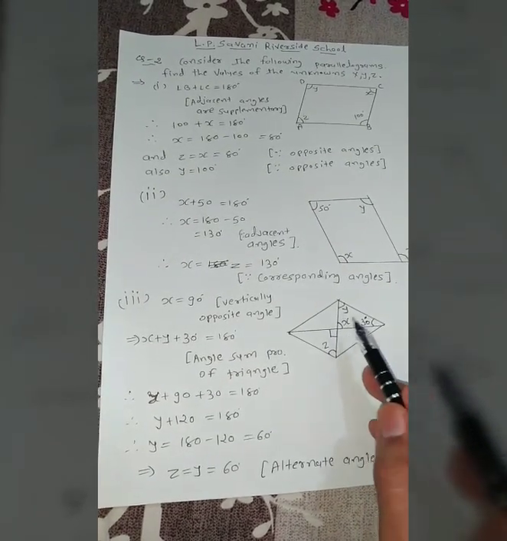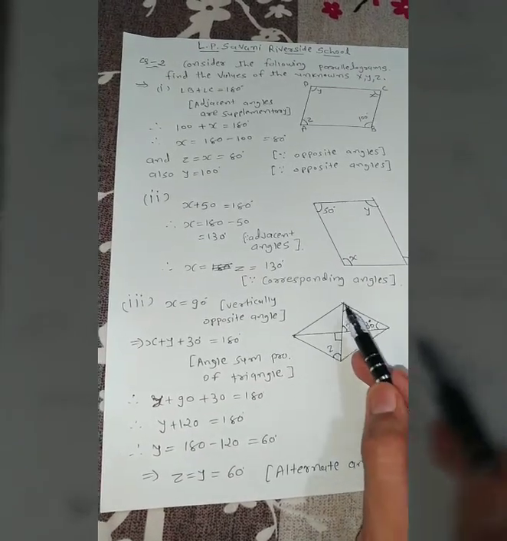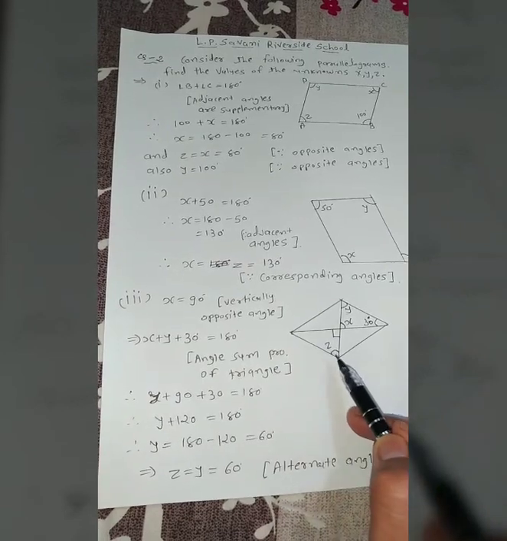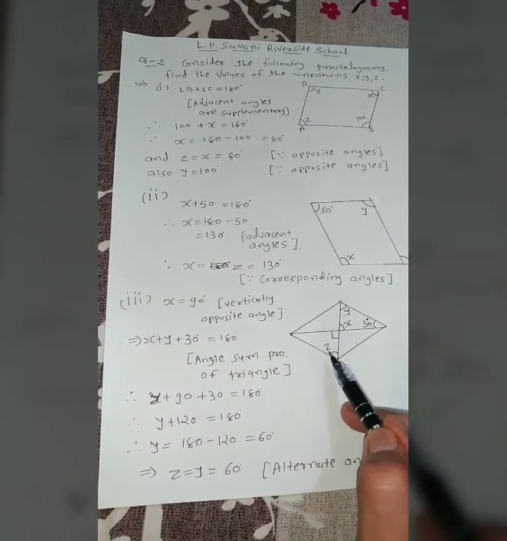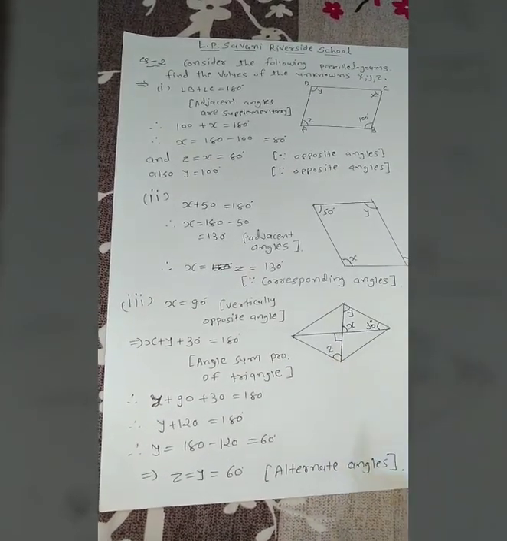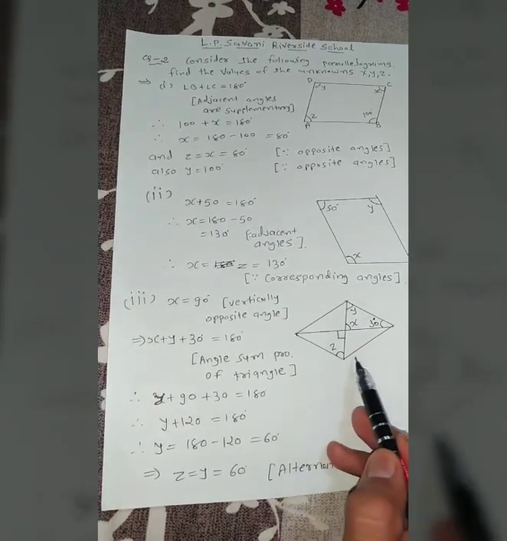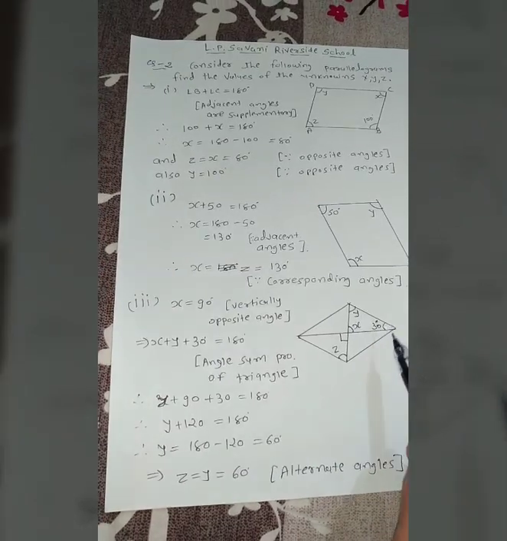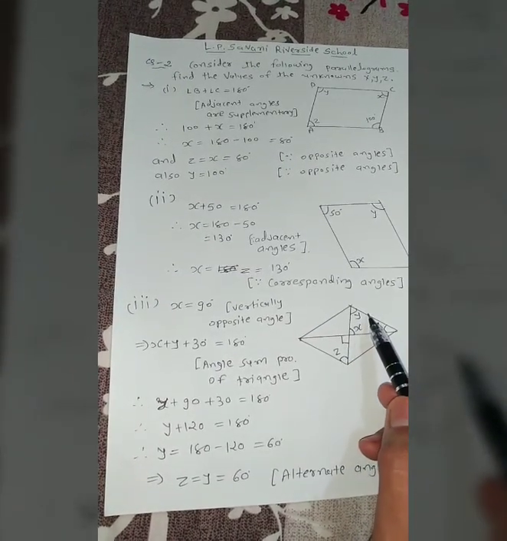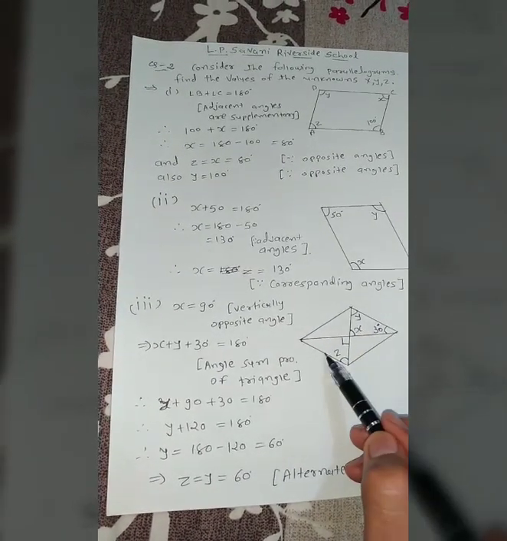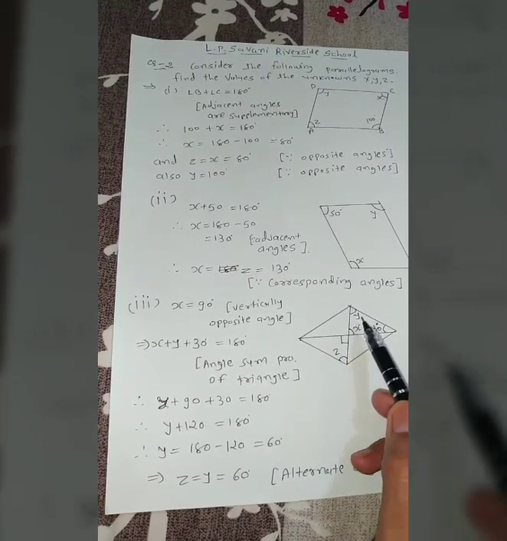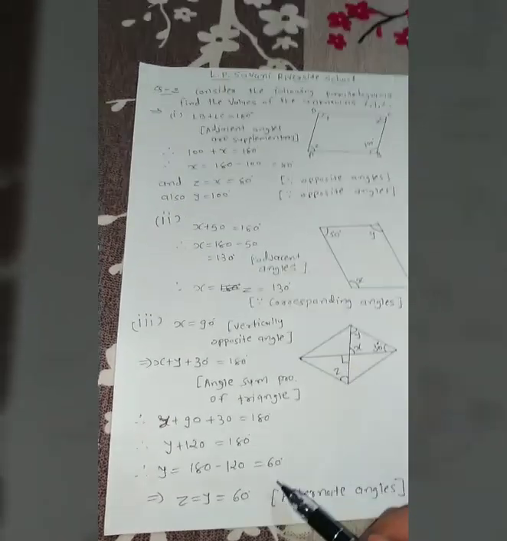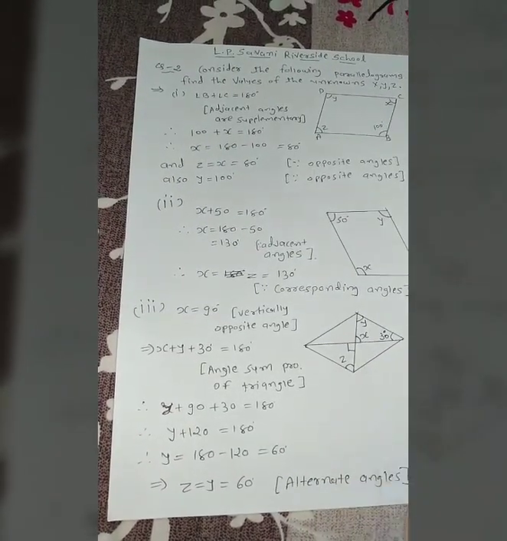Okay, because here you can see that the shape z is produced here. So in this cavity, these two angles are the same. I repeat, this is the z angle. Okay, so in this kind of alternate angle you can see that these two sides are parallel and these are the alternate angles of those parallel sides. So z is equal to y is equal to 60. So these two angles are the same.